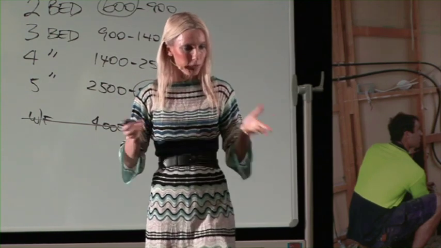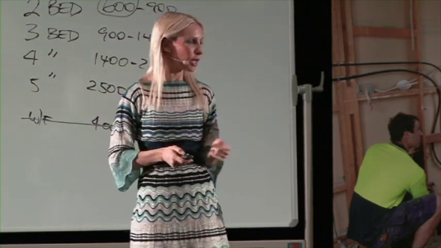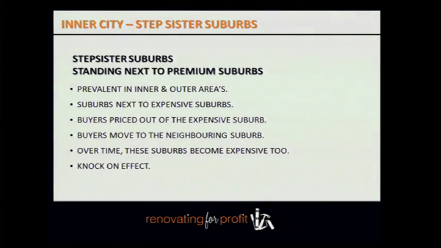So this happens, and you can get stepsister suburbs not in the inner city locations, but also in the outer areas as well. Can you think of an example of a stepsister suburb out west? Parramatta's stepsister to who? Bella Vista. Have you all heard of Bella Vista? Bella Vista is a really expensive suburb out west. So a stepsister to that would be Baulkham Hills, Castle Hill, which are